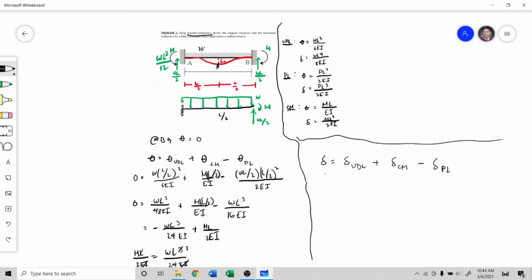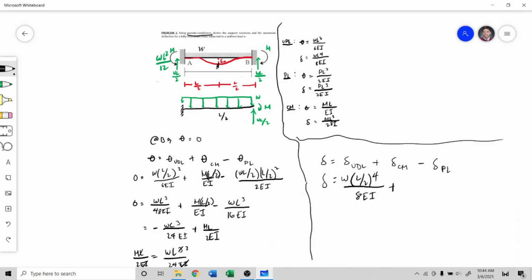So, that's just delta equals the contribution ni UDL, no? So, that's omega L to the fourth over 8 EI. So, omega times L to the fourth, that's L over 2 to the fourth over 8 EI